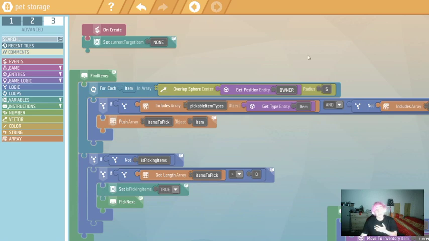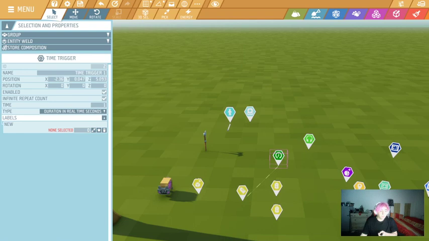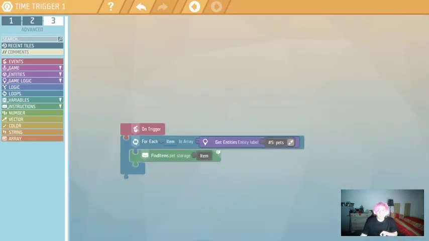Okay, so anyway, there is a time trigger for that, and the time trigger runs every second, I think, and it checks for each pet because there could be multiple pets in there, you know, for